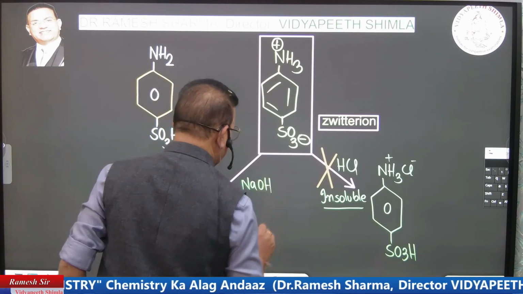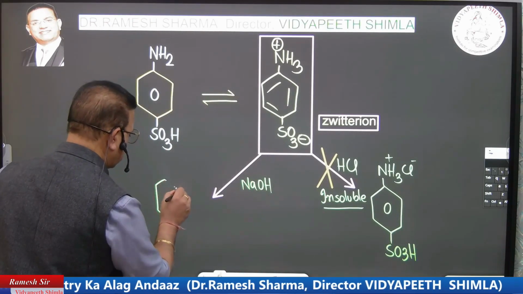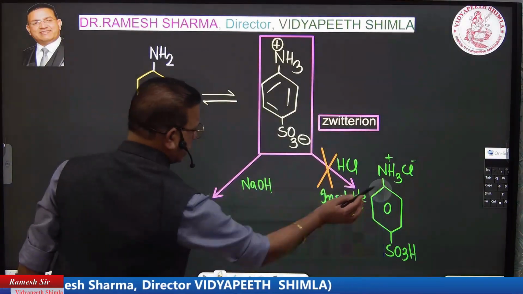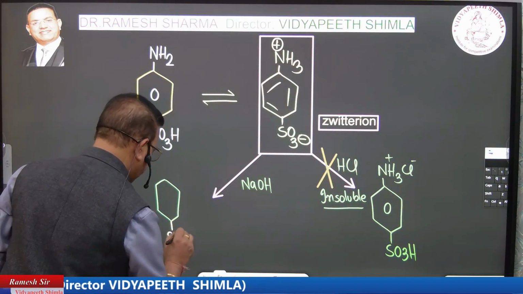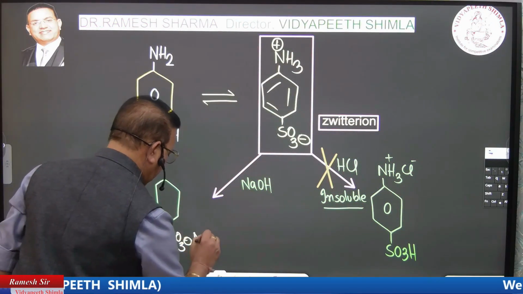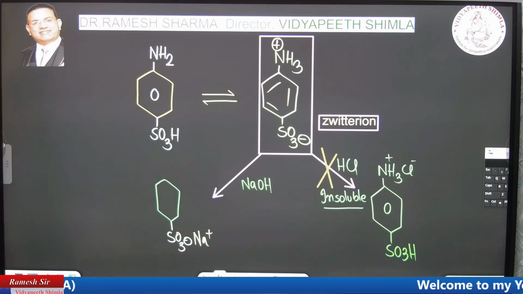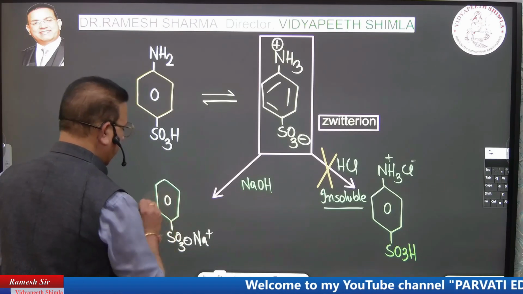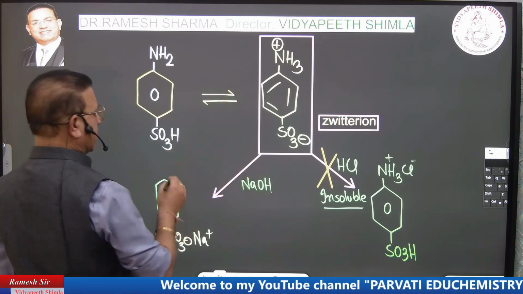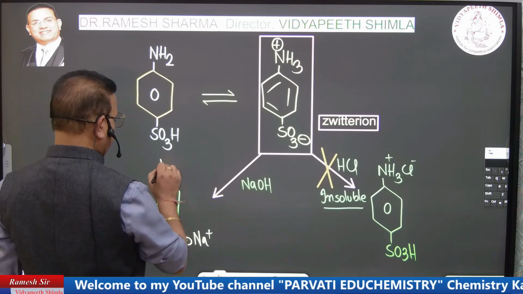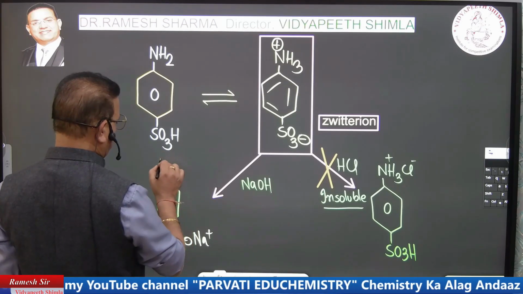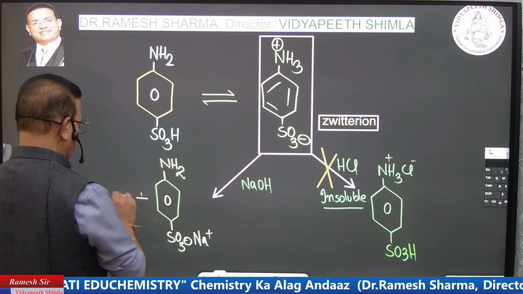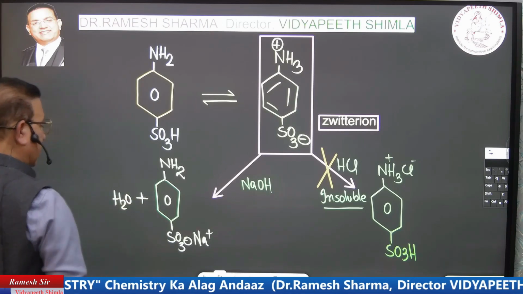What do you think that base having this Na positive, where it will go? अबे Na पॉजिटिव विल गो विद SO3 नेगेटिव, क्या हो जाएगा उस SO3 नेगेटिव को? कुछ नहीं। अबे मेटल आयन तो मस्त मौला होते हैं, वो किसी के साथ थोड़ी ना रहते हैं। तो SO3 नेगेटिव अभी भी SO3 नेगेटिव ही है। ऊपर बेस गया NH3 बेस और वहां से H पॉजिटिव निकला, वाटर निकल गया, एंड वी गॉट दिस। इट मींस zwitterion are soluble in this,